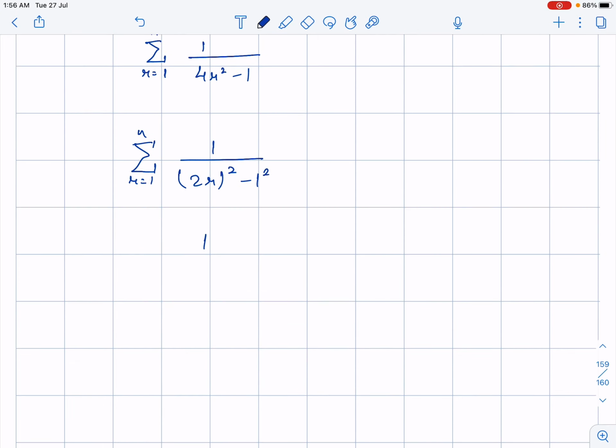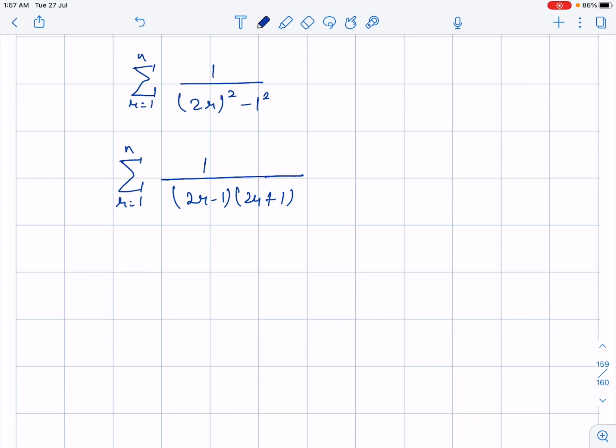So it will become 1 upon (2r minus 1) multiplied by (2r plus 1). And as soon as we get 2r minus 1 and 2r plus 1, we bring the difference in the numerator. Method of difference will be applied to get the value of the numerator over here. So the numerator will become what? 2r plus 1, greater number minus smaller number, as I told you, minus (2r minus 1). That means 2 will be generated in the numerator, so I have to divide it by 2. That is, 2 divided by (2r minus 1) multiplied by (2r plus 1),